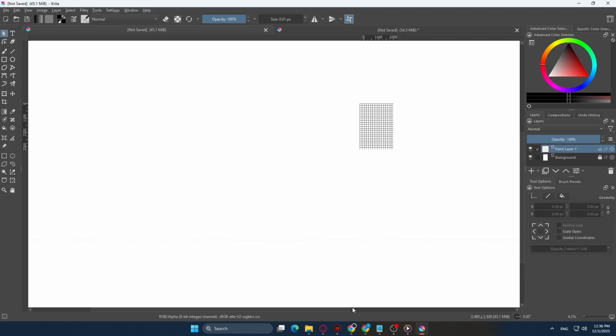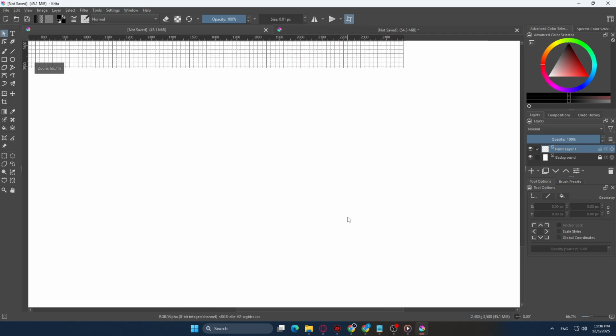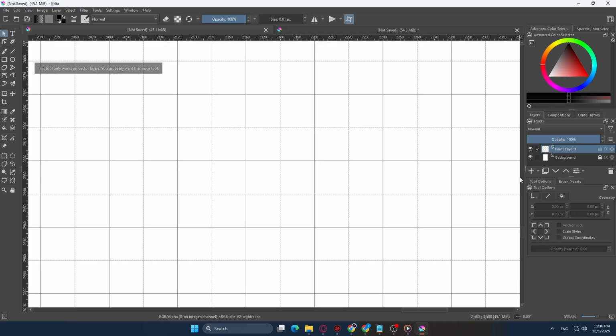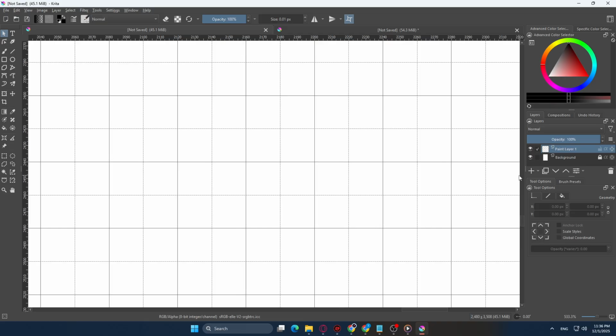A couple of tips to make the most of it. The appearance of the grid can vary based on your zoom level and theme, so don't be surprised if the lines look finer or thicker as you move in and out. Also, remember that the grid is just a guide. If you want objects to lock neatly to those lines as you move or draw, Krita has snapping options you can explore later. Many artists also use a keyboard shortcut to toggle the grid for faster access, which can be